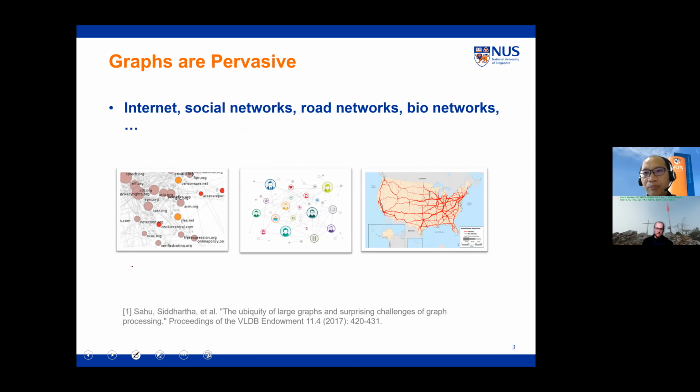So graph is quite popular nowadays, no matter in database, in supercomputing, in distributed systems. I don't need to mention more on that. It's actually a lot of applications. We talk to different industry, even government agency. Actually, they have a lot of challenges that come from graphs. Graph is the de facto data structure for representing the relationship between different entities. So the entities can be people, can be the road network, can be whatever you can imagine. So this is really pervasive.